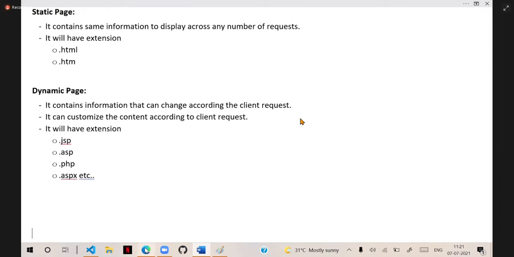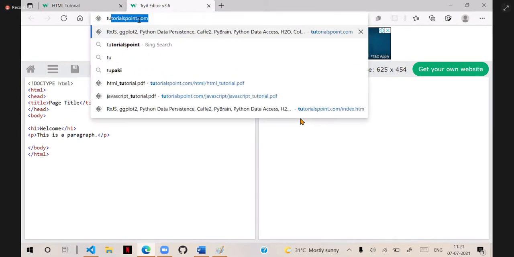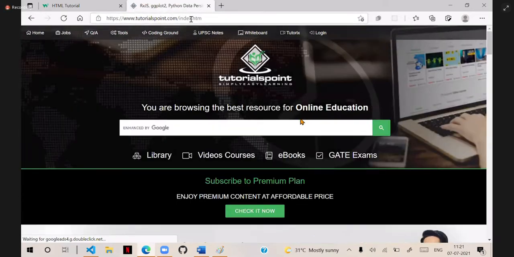You can observe that. So this is an .asp. At the top, you can see in the URL, it is ASP. So that means it is a dynamic page. It's not a static page. When you look at tutorials point, you can see that it is HTML.